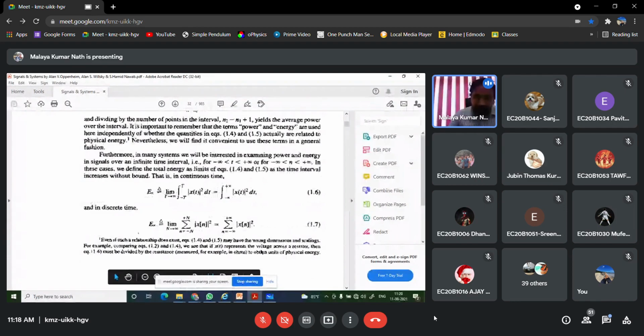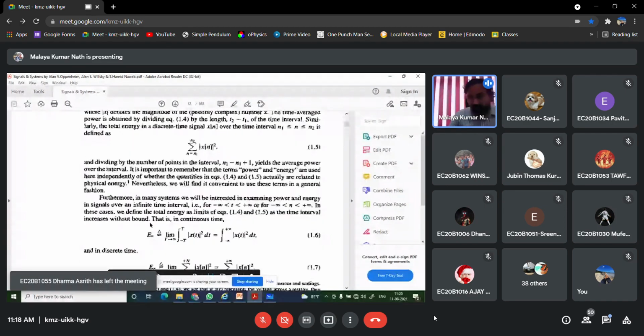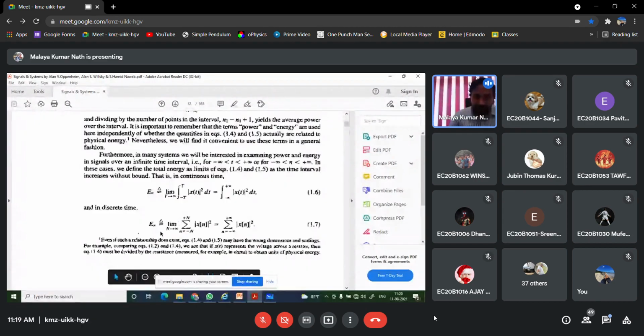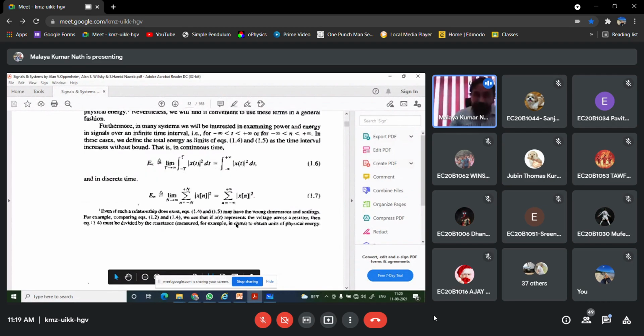This energy is nothing but the energy of a continuous signal, which is represented as the integration from minus infinity to infinity of x(t) squared dt. Now, what is the energy of a discrete signal? The energy of a discrete signal can be computed as E of infinity, equal to the limit as capital N tends to infinity of the sum from n equal to minus N to N of x[n] squared. As N tends towards infinity, instead of writing n equal to minus N to N, I can write n equal to minus infinity to infinity of x[n] squared. So this is the way we calculate the energy.